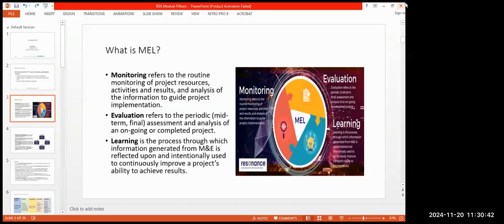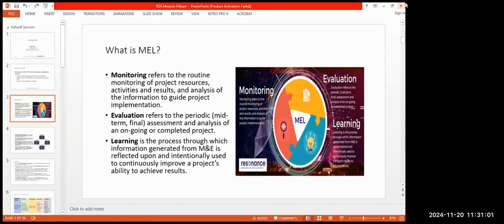Okay. Well, anyway, this is what I was talking through. The first issue I was raising was what is monitoring and evaluation learning, or what is generally called MEL. Okay, and as you can see on your right,